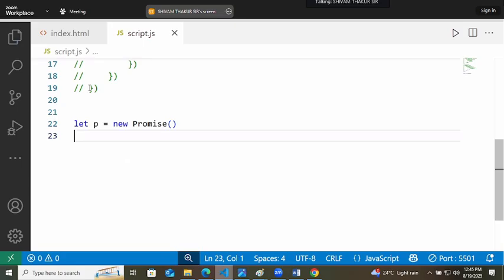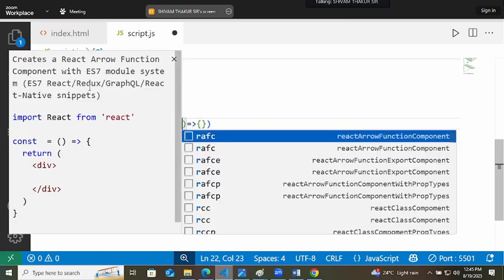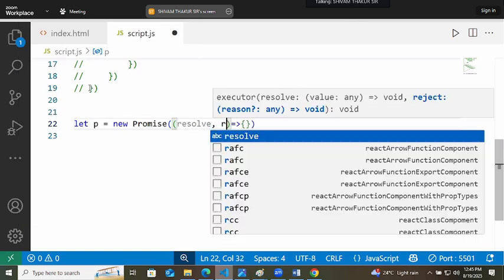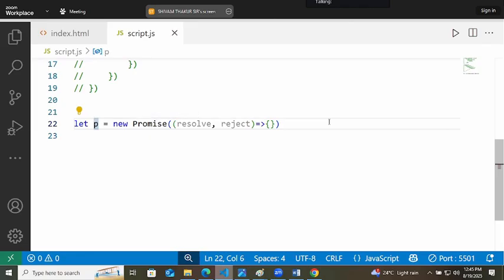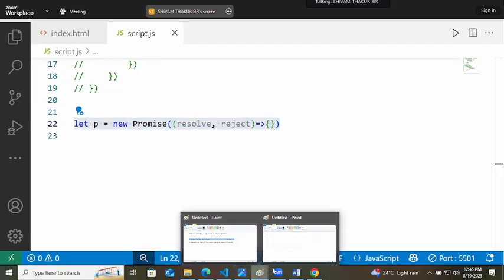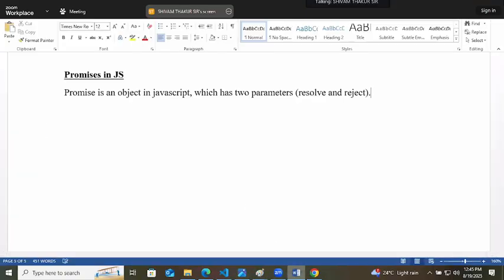So let p equals new Promise, and promise will take a callback function. It will have two states, one of resolve and one of reject. Like this, we can create any promise object.